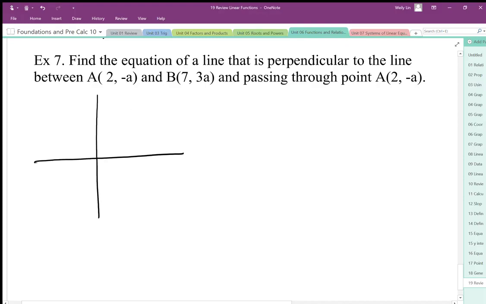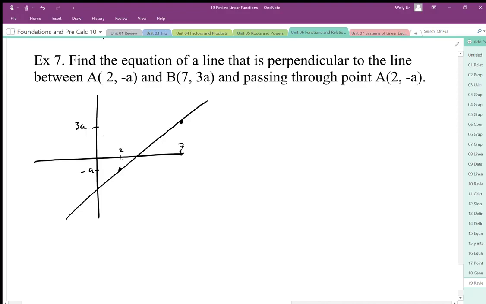Well, we can still graph this because we know that we're 2 along the x, and although it's negative a along the x, we know proportionally that's going to be relative to 3a over here. So 2 over, we're going to go a down, so we're just going to say that that's negative a, and that's 2. And we go 7 over, so 7 somewhere out here, and then we're going to go up 3a, so that's going to be about 3 times the height of the distance between from 0 to negative a. We're going to go the opposite direction, 3. So although it's kind of hard to know what a is, we know proportionally it's going to look like this,